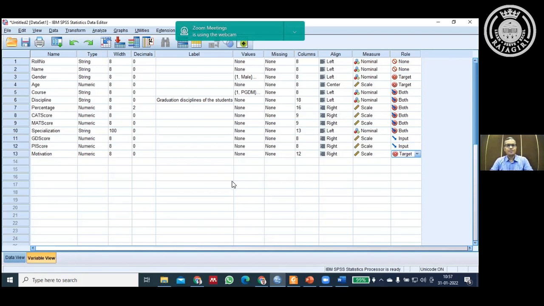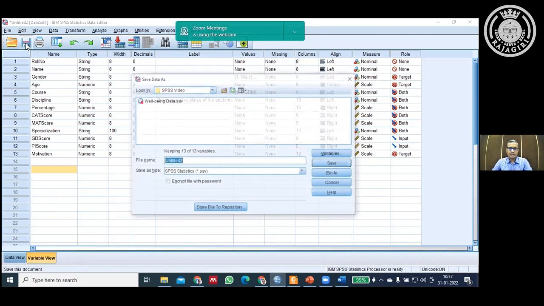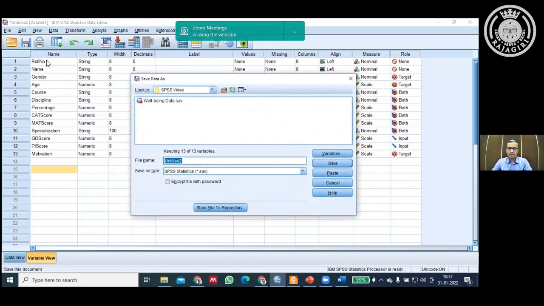So this is all about entering data into SPSS. We have learned how to create a new variable and enter data into it. Once we have entered the data, we have to save this file, right? So how can we save? Just click this button, the floppy disk button. You can assign some name, right? Student data,